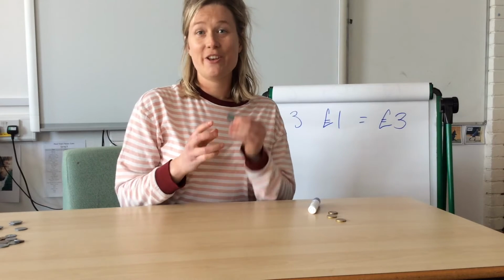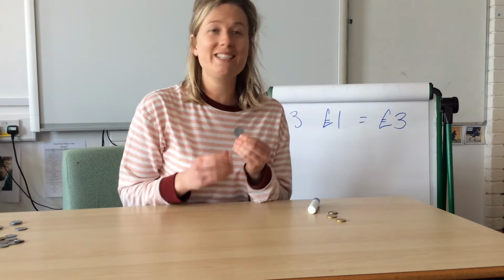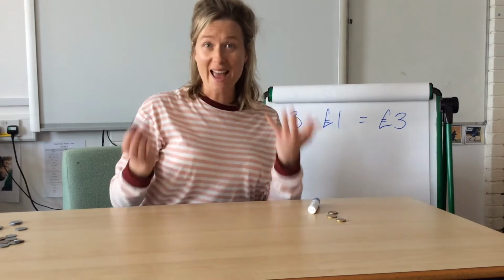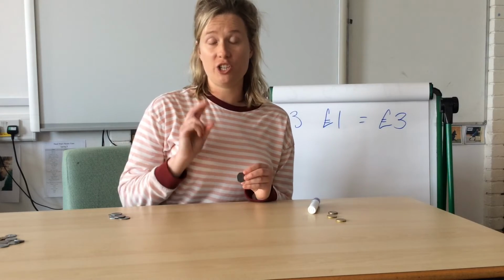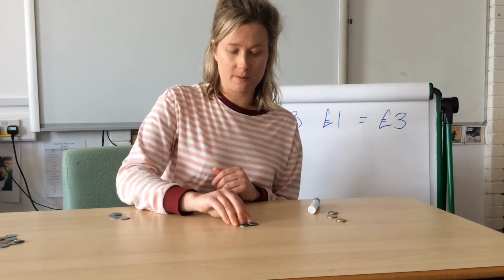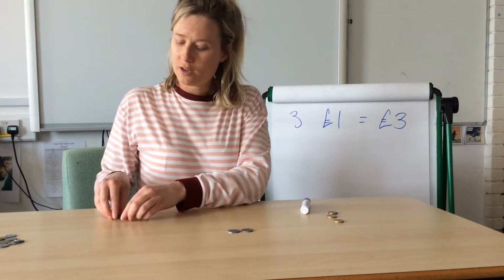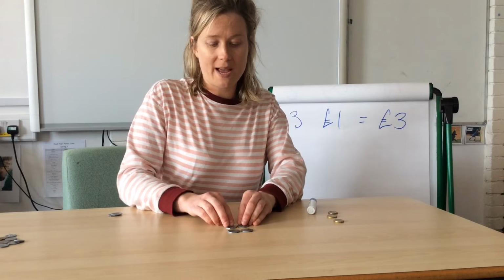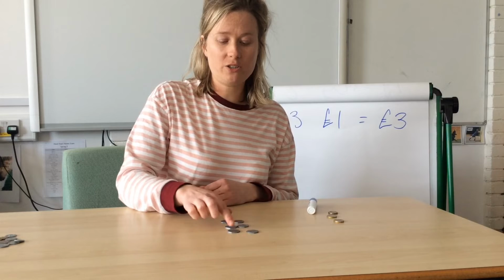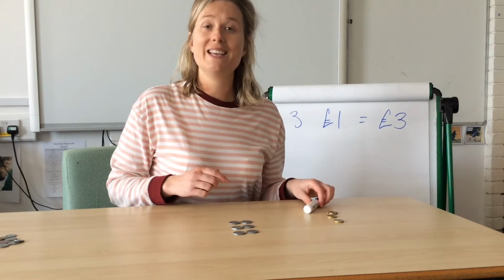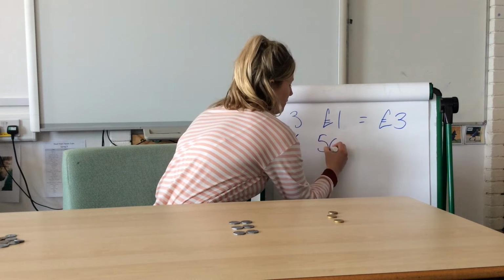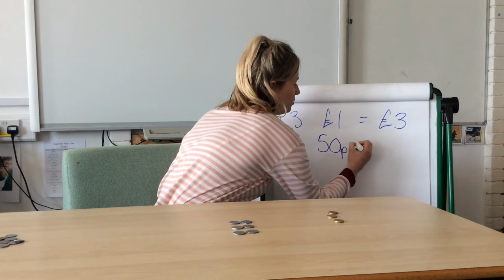How many 50p coins would I need to make £3? Pause the video, give it a go. Okay, let's do it together. So I know that 2 50p coins equals £1. So we've already got 2 50p's there for £1. So I'm going to need another 2 to make £2 and another 2 to make £3. That's 1, 2, 3, 4, 5, 6. 6 50p coins make £3. 6 50p's equals